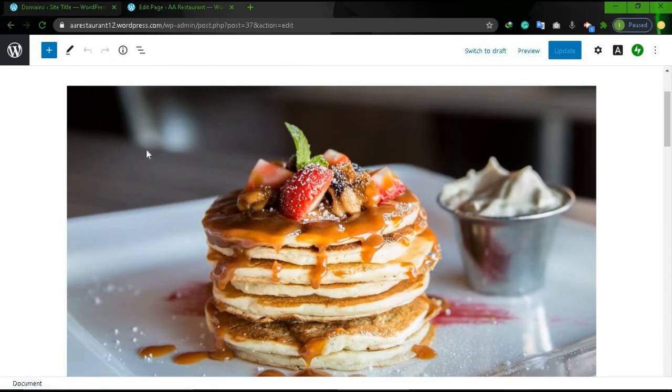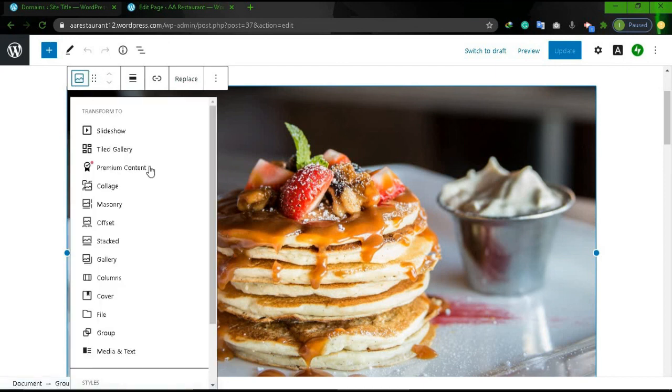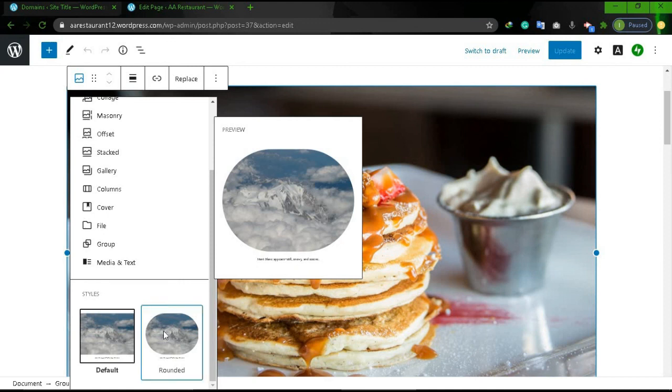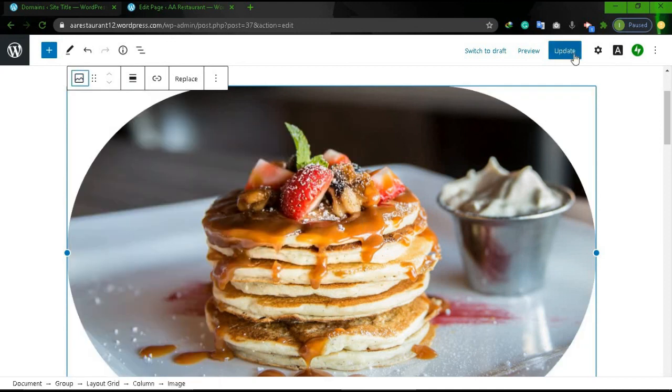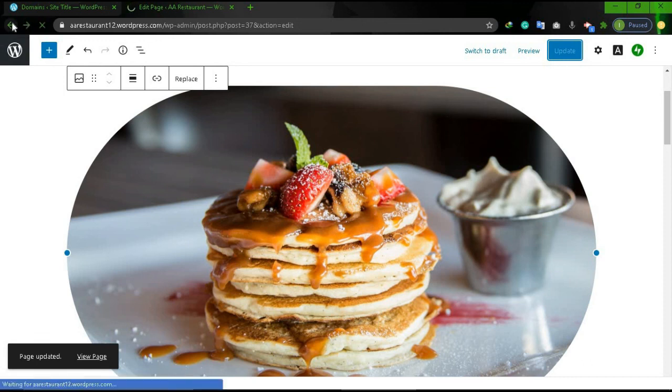I click on that image. You can also change the direction and shape of the image. For example, I want to select this shape and update. Back to the pages menu.